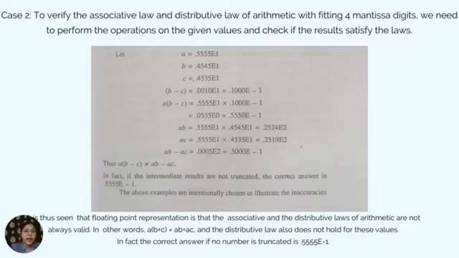So let A be equal to 0.5555 × 10^1, B is equal to 0.4545 × 10^1, and C is equal to